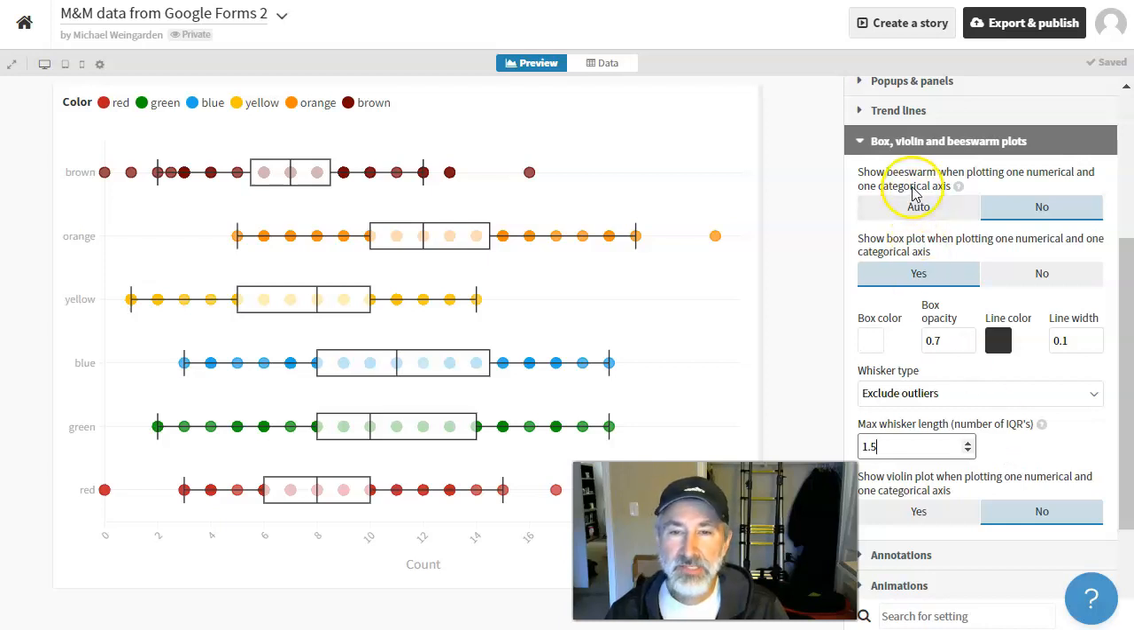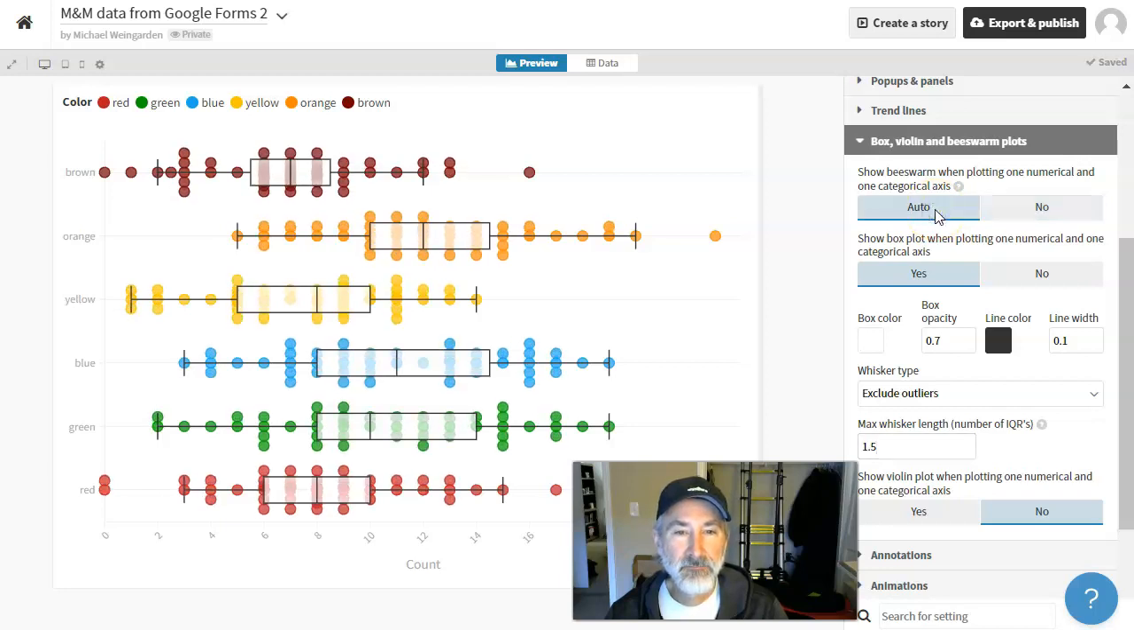Okay, let's see here. I think it says show bee swarm when plotting one variable. I'm going to change that from no to auto. Let us pray. I think this is what I want. Yes, cool. Okay, so one of the things I love about turning the bee swarm on is that now not only can I see the data and see the box plots,